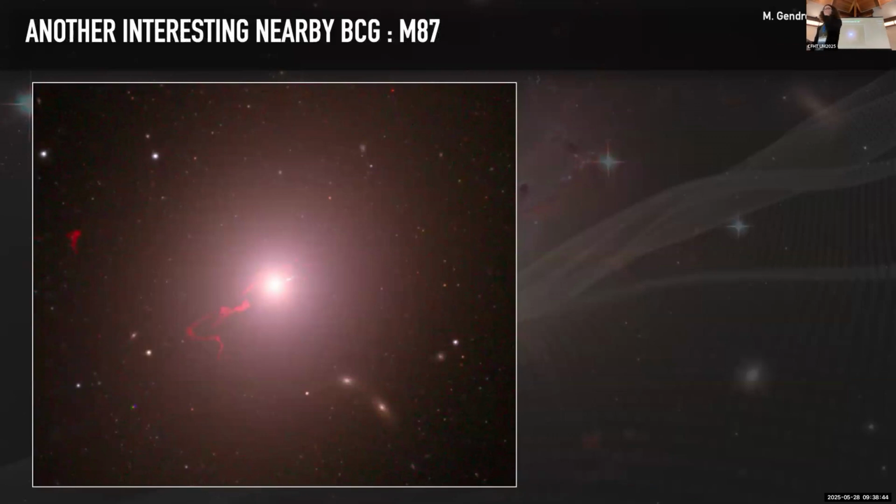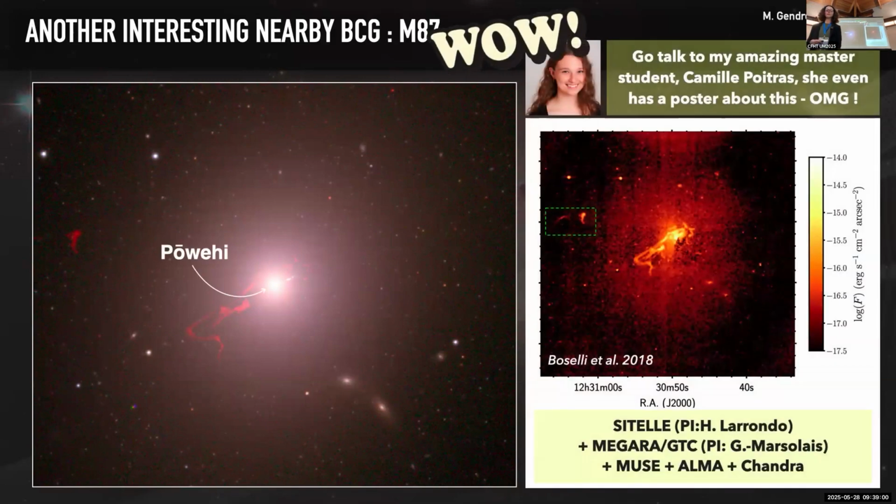I've been talking about NGC 1275, but there's actually another really interesting nearby brightest cluster galaxy, M87, whose supermassive black hole, I learned yesterday, is called Powehi. That's super nice. And actually, if you remove the stellar continuum from this galaxy, this is what was done with